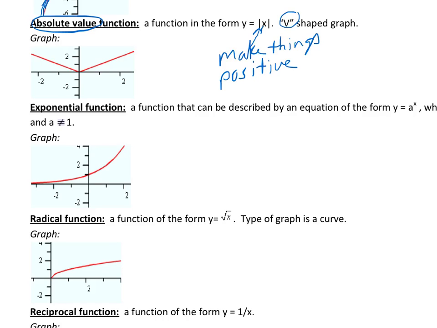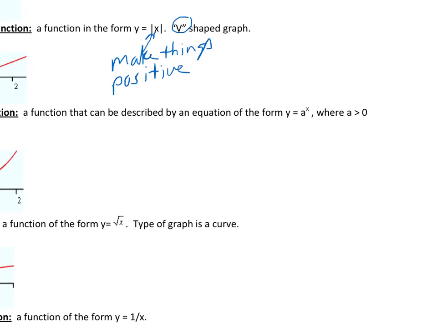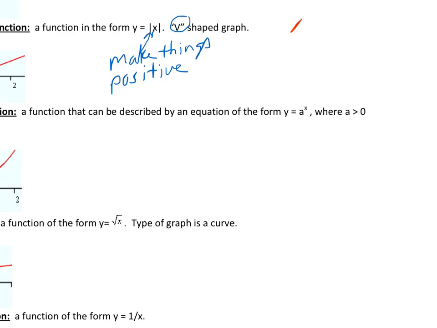Alright, so if we have a table and we're going to plug values in with the understanding that our function is the absolute value of x, then if I plug a 3 in, the absolute value of 3 is 3 because it just makes things positive. The absolute value of 0 is 0, and the absolute value of negative 3 is 3 because again absolute value